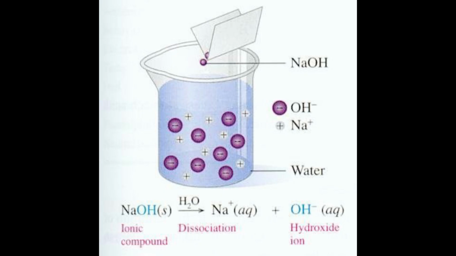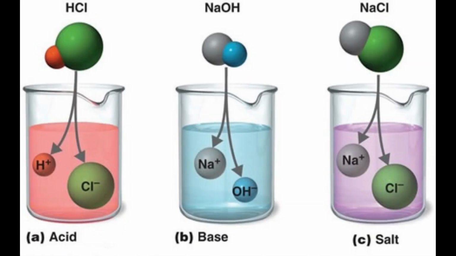Now let us observe the equations for a base. Sodium hydroxide, which is NaOH, when reacted with water, gives us the sodium Na+ ion and the hydroxide ion, which is the OH- ion. So bases generate an OH- ion and acids generate a hydronium ion or an H+ ion. So what you observe is that anything with a hydroxide is mostly a base, because when a hydroxide reacts with water, it would surely give you an OH- ion.